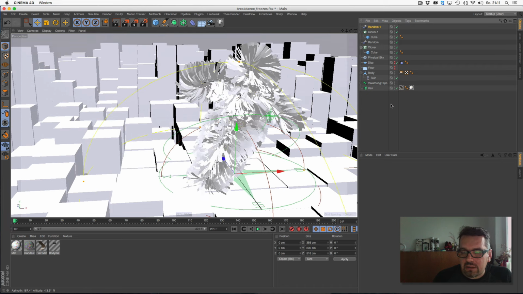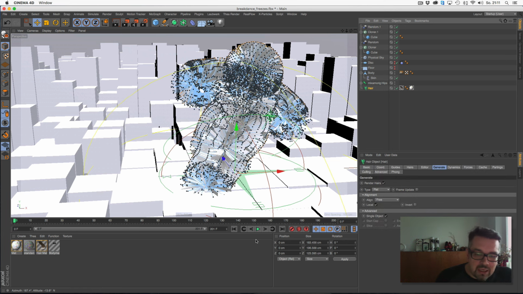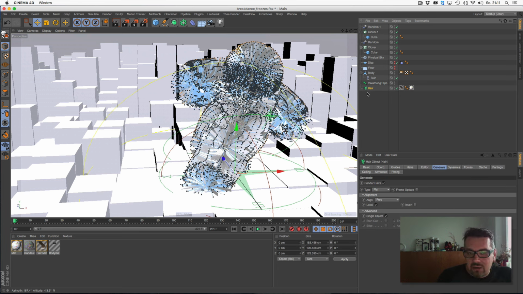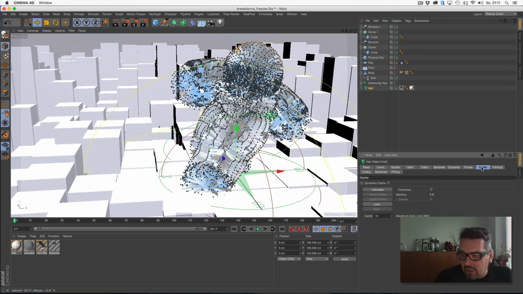It's more or less my original. Oh yeah, and an important thing, because this hair calculation is now done in real time, and every frame the hair has to calculate the whole hair dynamics again, and to get better performance it's nice to cache the whole animation.